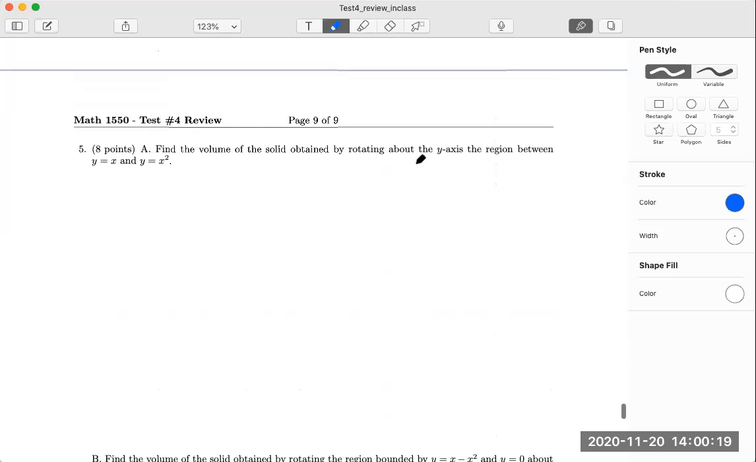Do you want to do the first one? 5-8, okay. I think